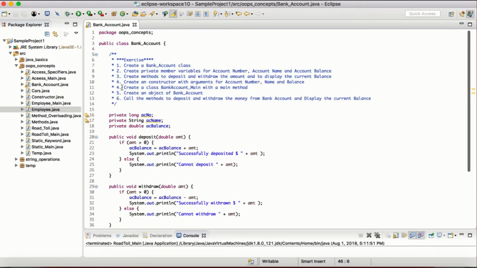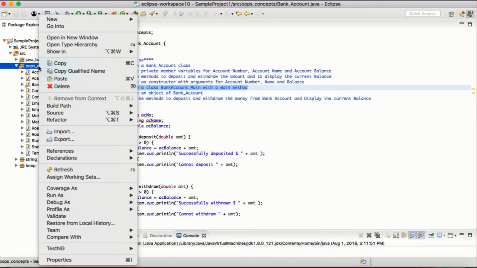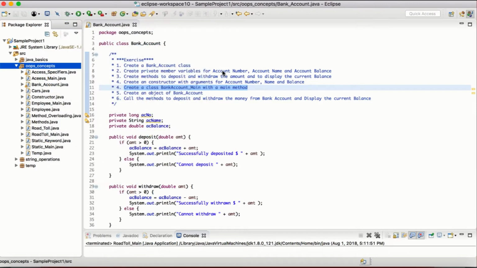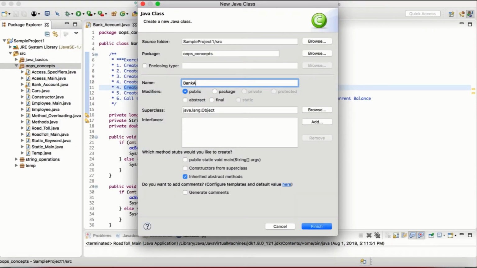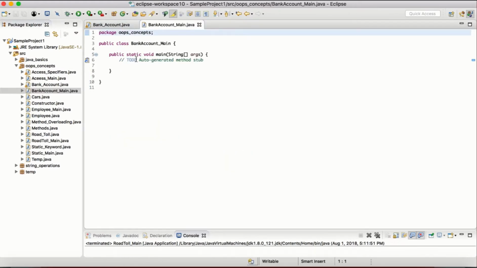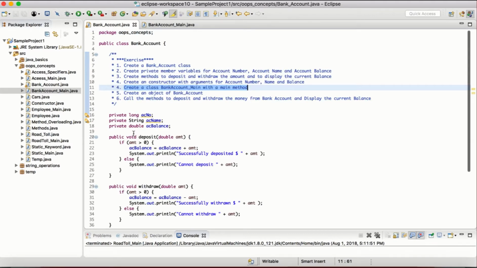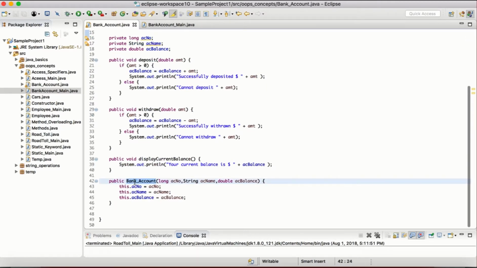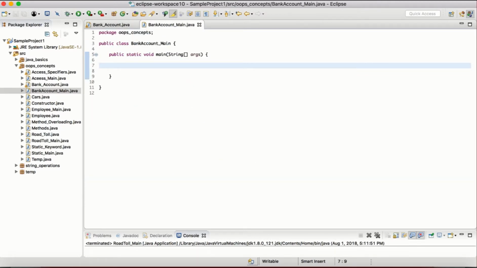Now the next step says to create another class with a main method. So let's create another class with a main method. Bank account main, and I'm going to select this checkbox for getting the template for this main method. So let's create the object of bank account class, and in this case we need to use this constructor over here. So I'm going to say bank account, say b1 is equal to new bank account, and we need to